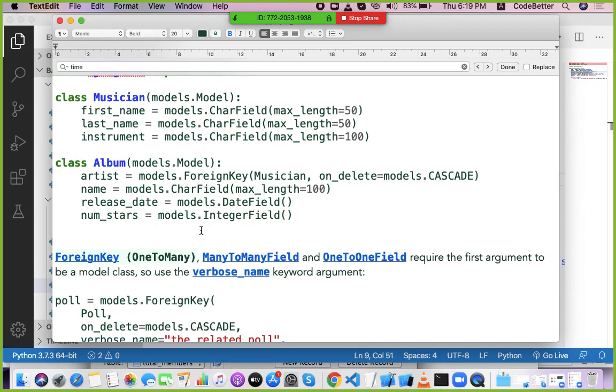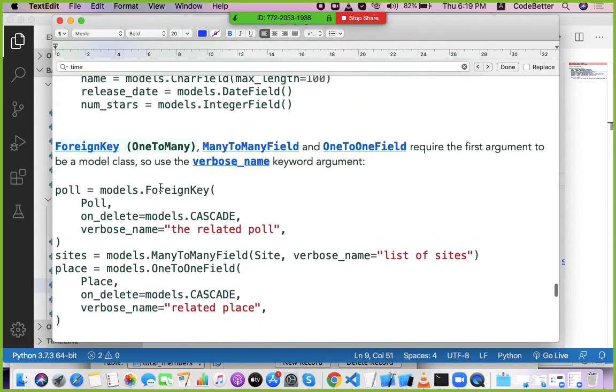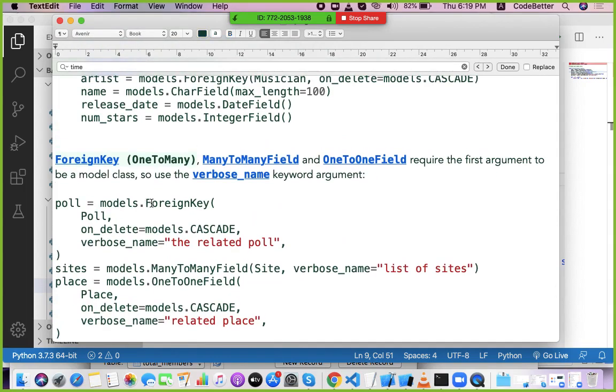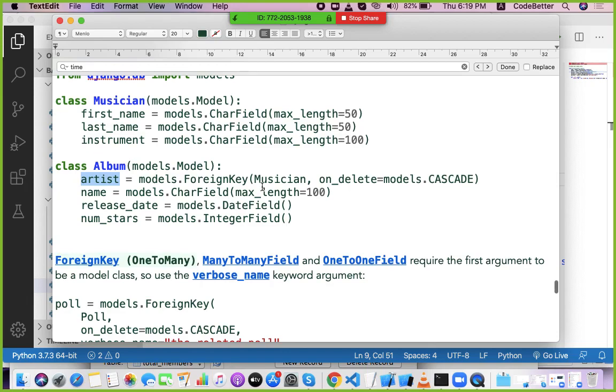For example, one customer in the bank may have multiple transactions during the year. So one account, multiple transactions. It is one to many. In the same way, one musician, multiple albums. Okay, so this is the syntax for how we can create it. You create a column in the detail table and connect it with the primary table, using the table name. When you assign the table name in the foreign key, the default ID attribute of that table gets attached to the album table.